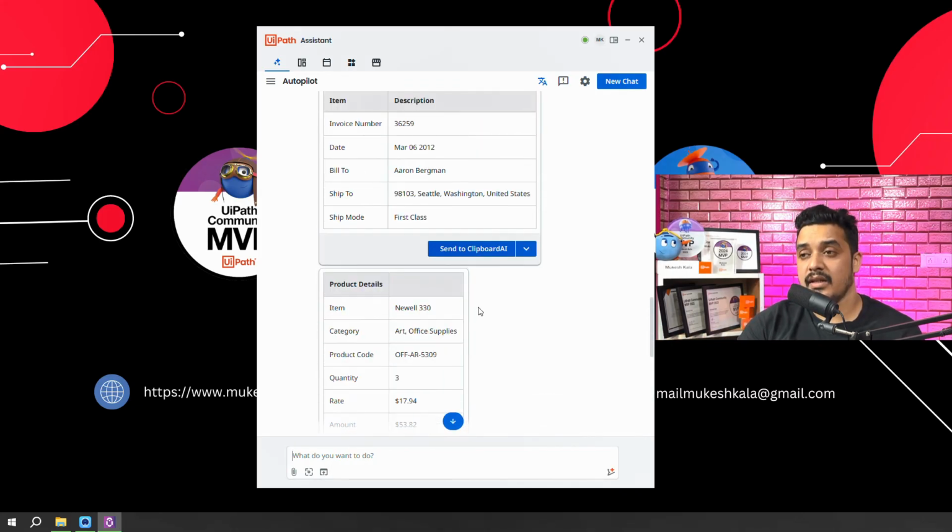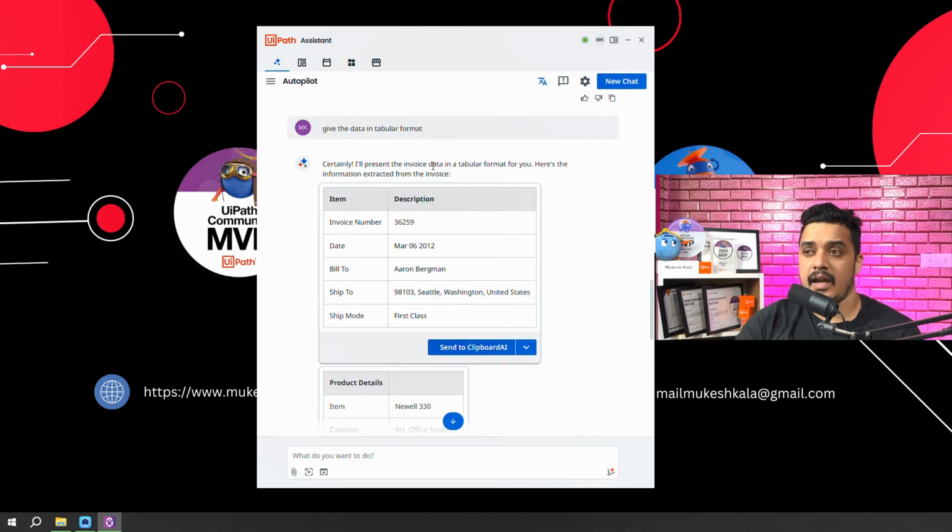Now if you see here, it says that I have extracted this information, and this gives you an option to send to clipboard AI or paste in the mapper. So clipboard AI is a new intelligent copy paste tool from UiPath, where let's say you have another application, let's say SAP, or any vendor application where you have to map this data.